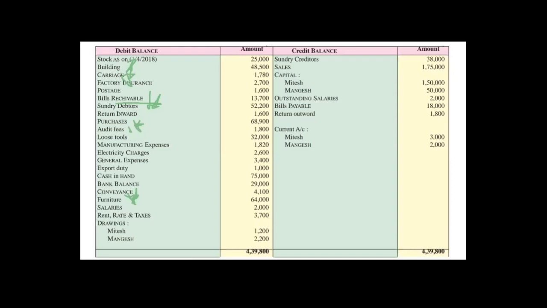Okay, so this is the way you will star mark all the items on which adjustment is there, so that when you solve the problem, there is no need to see again and again whether adjustment is given. Should I leave a line, if adjustment is not given, don't leave a line. So there is no need of such confusion. So in the starting itself just star mark those items, and when you solve the problem, it will be easy for you to leave the space whether on that item adjustment is there or not. So I hope these points are clear to you.